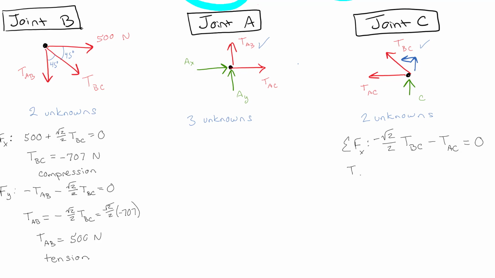All right, so TAC is going to be equal to negative root 2 over 2 TBC, but again, TBC is at negative 707,